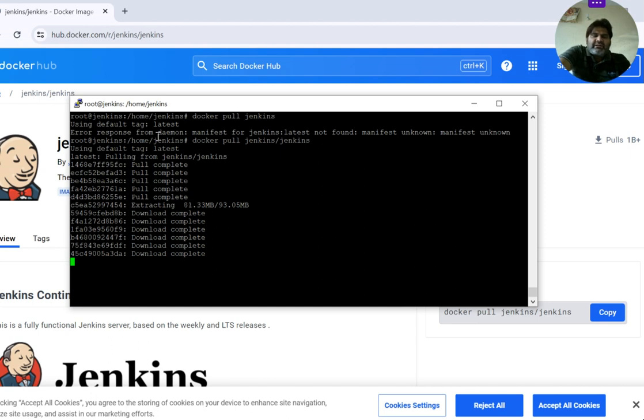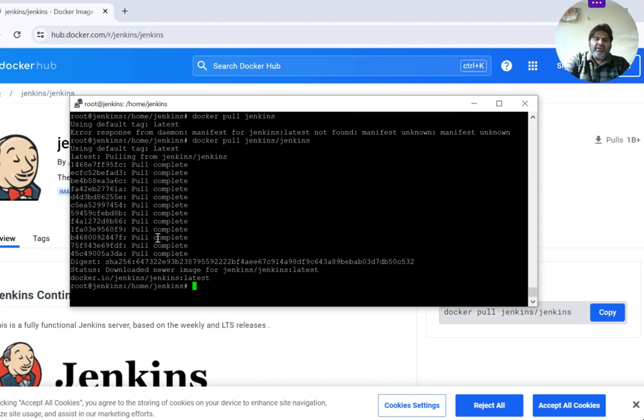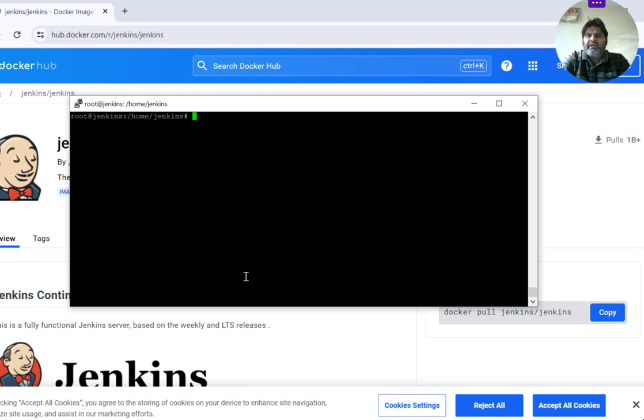If you see, there are steps even in pulling the image. First it downloads, then it extracts, and finally it shows pull complete. All of these are the layers of an image. Finally, the image has been successfully pulled onto our local server from Docker Hub. Now to verify that the Jenkins image has been downloaded onto my server,